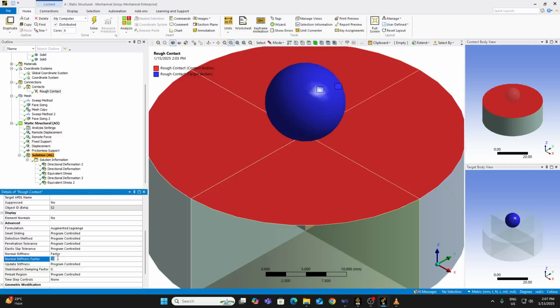But you can actually use a factor. For example, if you are facing a lot of convergence issues even with an augmented Lagrange method, you can lower this normal stiffness factor. And let's say you are getting good convergence but you are anticipating a high amount of penetration, then you can also increase the stiffness. In this particular case, we would like exactly the same amount of deformation, because it's actually